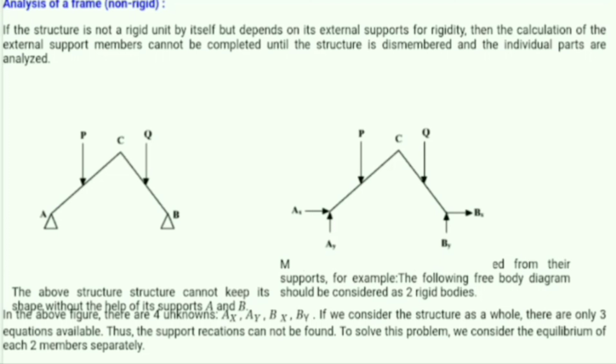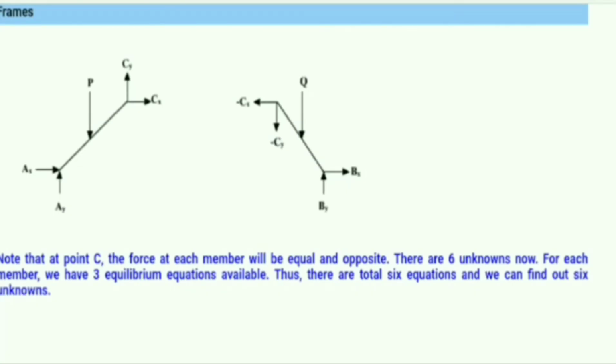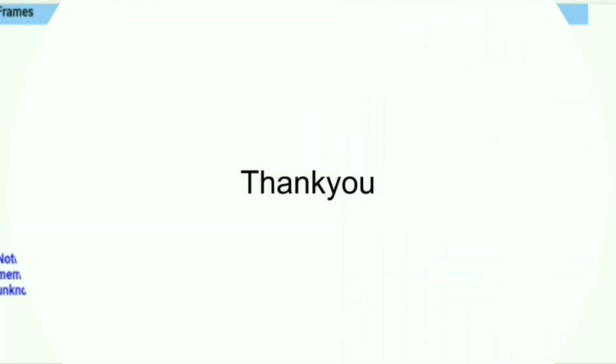So what we need to do over here, we need to isolate or dismantle the frame at the internal pin at C. So which takes our total of unknown member forces to 6. That is Ax, Ay, Bx, By, Cx and Cy. So now we have 6 number of unknowns, and by analyzing the members separately, we have 6 conditions of equilibrium. That is 3 conditions for the member AC and 3 conditions for the member CB. So in this way only we can analyze this type of